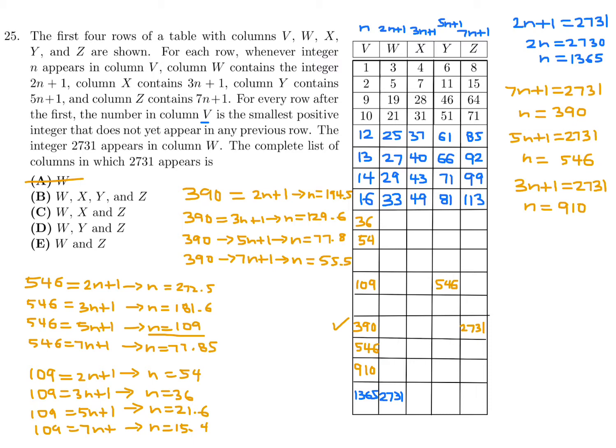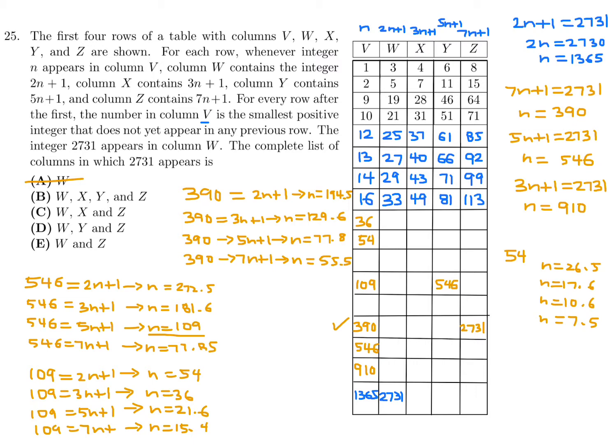Okay, well, we got to do the same thing with 54, so we got a lot of work here. 54, same thing. Well, you get the hang of it. I'm going to do pretty much the same thing there. Can it equal 2n plus 1, 3n plus 1, 5n plus 1, and 7n plus 1? And when I do that, I get values of n of 26.5, 17.6, 10.6, and 7.5. So since none of those are integers, that means that 54 cannot appear in W, X, Y, or Z,